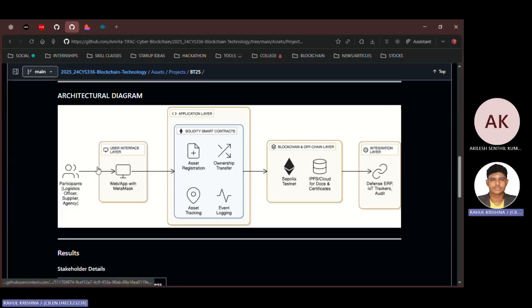The problem statement states that we have participants as logistic officer, depot manager, and supplier or auditor, where each of the participants will be given a separate account address, and they will be connected to the MetaMask wallet or any wallet of blockchain. For each participant, they'll have